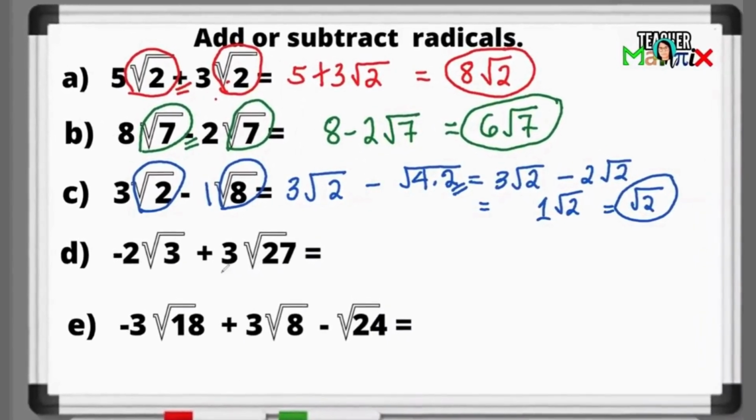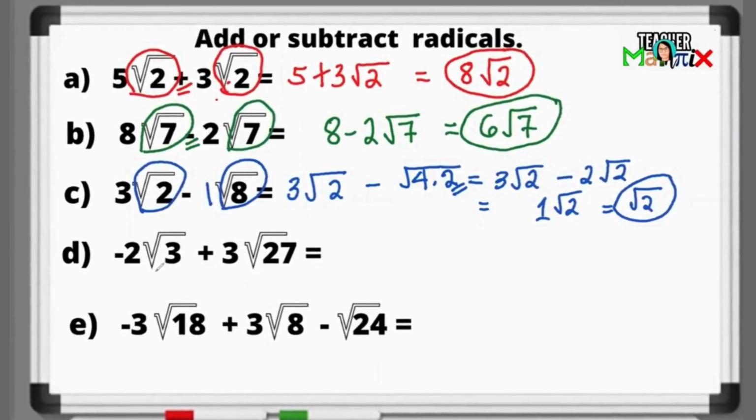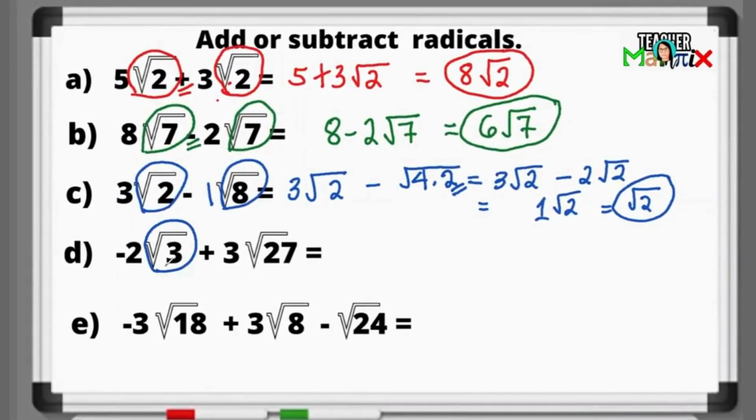For the fourth problem in letter D, we have different radicands again. We have square root of 3 and square root of 27. Now, since square root of 3 is a prime number and there are no other factors except 1 and itself, just simply copy negative 2 square root of 3. Then plus